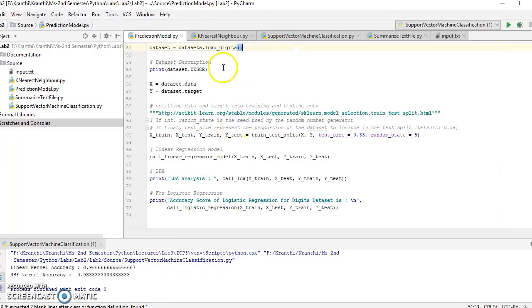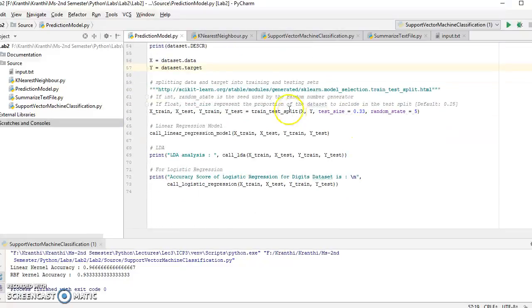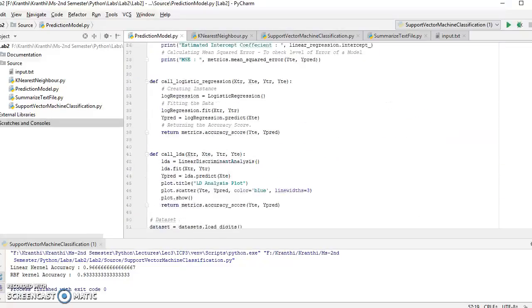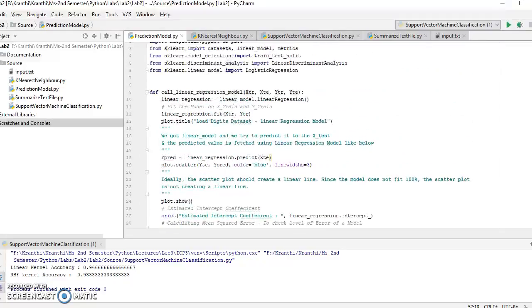This is Team 11 and we have 4 different tasks in Lab 2 of Python. So the first task is predicting the model based on logistic regression and linear discriminant analysis. First we are going to use the digits data set, where we are getting the data and the target